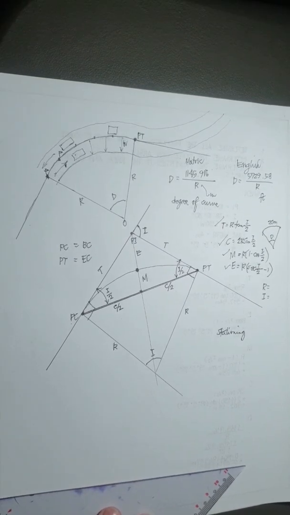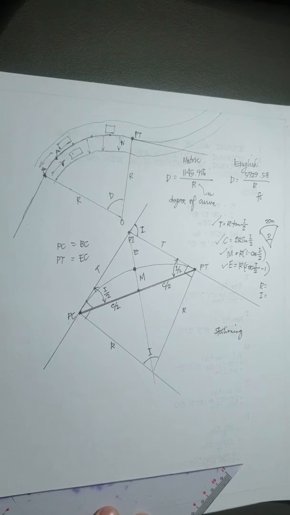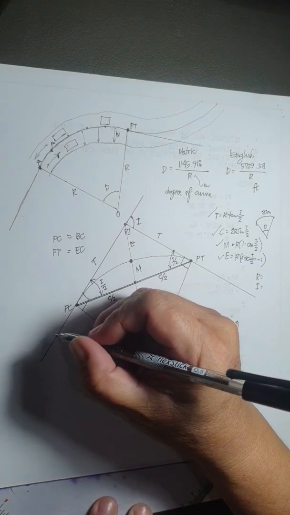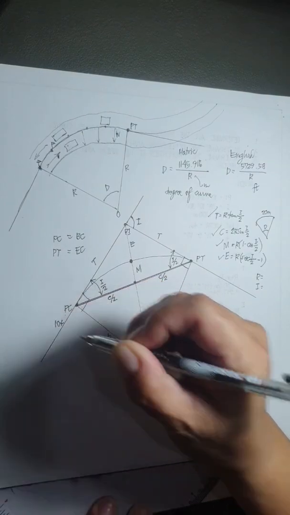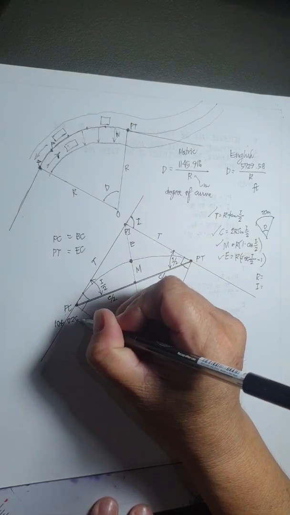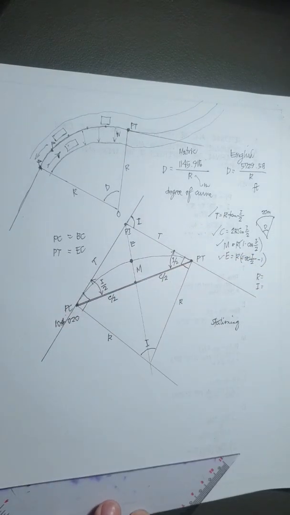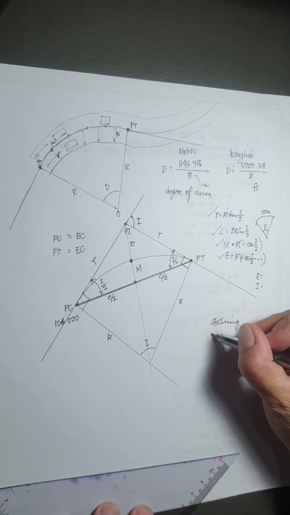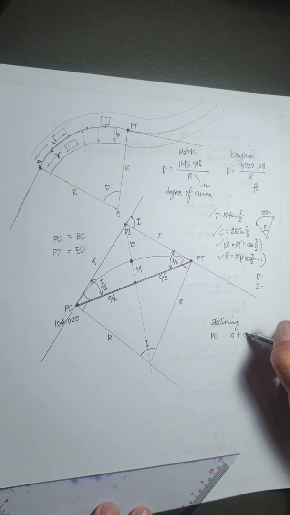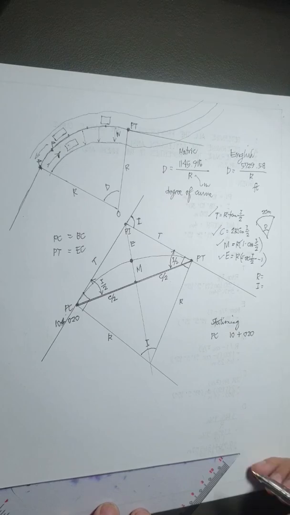Paano yung sinasabi nating stationing? Now, sometimes, say, take for example, you have a station, kagaya ng example number 261. If you are given that this is station 10 plus 020. Okay? What does 10 plus 020 mean? PC is at 10 plus 020. Ibig sabihin yan,